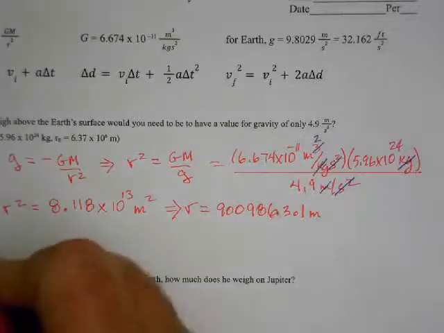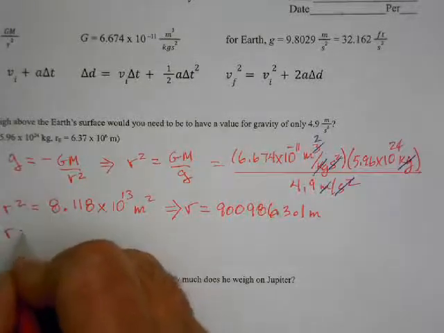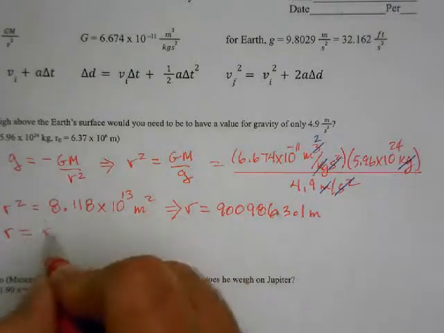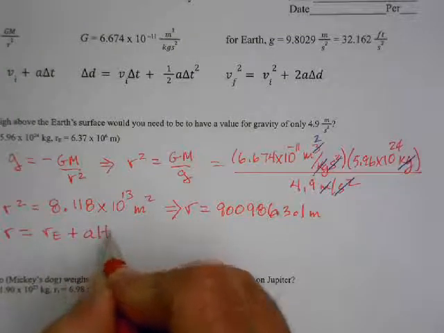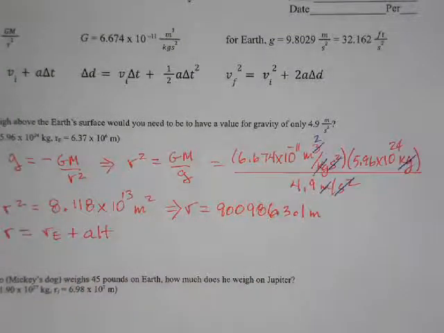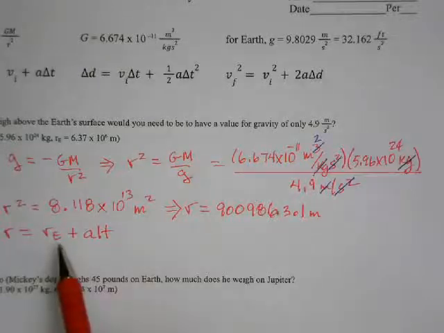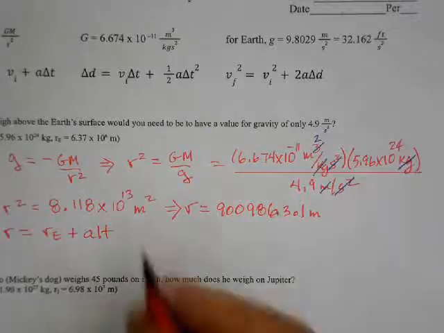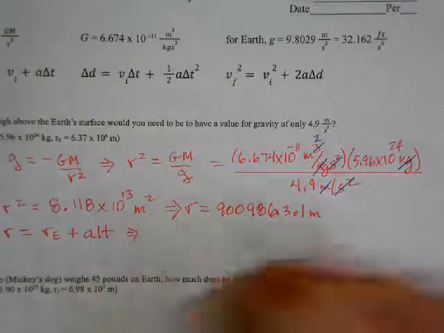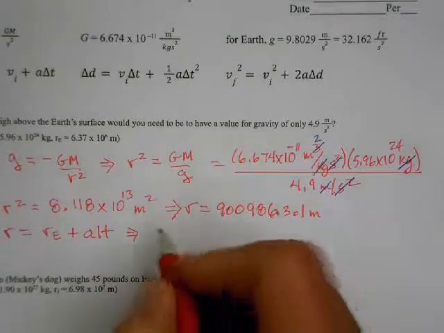R is really that. In other words, it's the radius of the planet plus however high you are up in the air. So what I want in this problem is how high, what's my altitude,